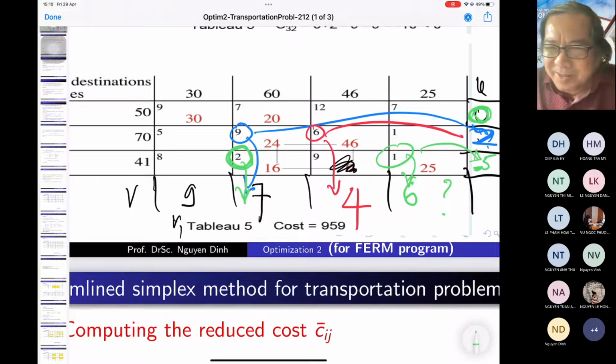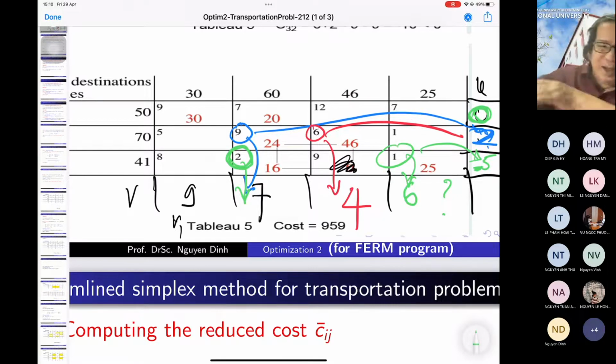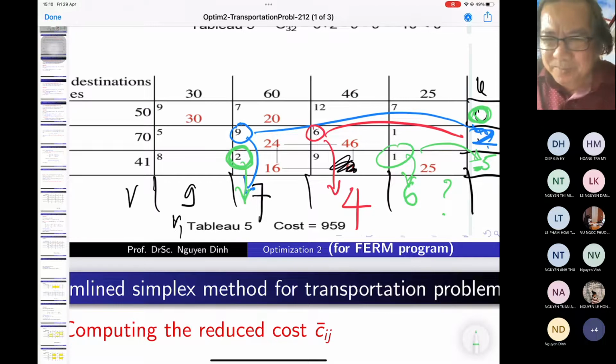But when you set different values here, then the solutions of ui and vj are all different, and it's quite hard for me, the teacher, to check whether your calculation is correct or not. And so we say the convention